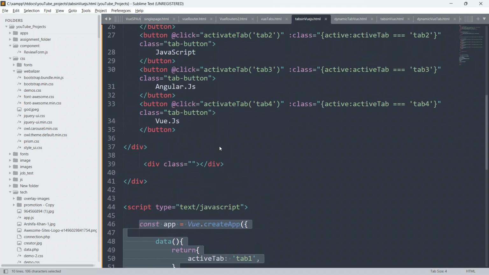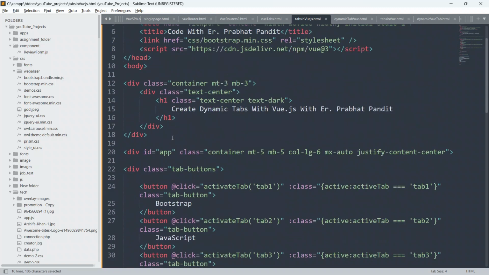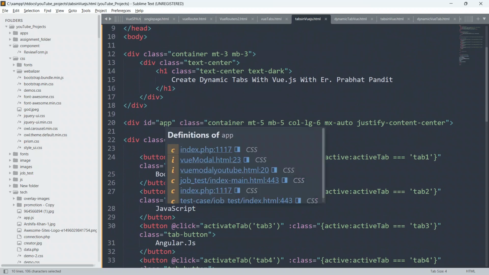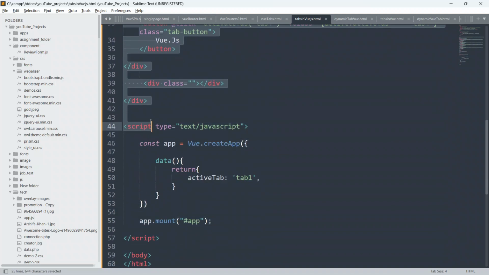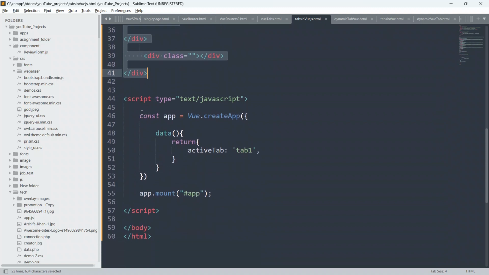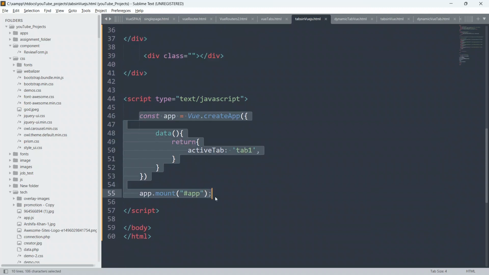Always remember guys, the moment you apply the id as app, this entire div will be mounted with this Vue.js instance, because we have mounted the div by its id as app.